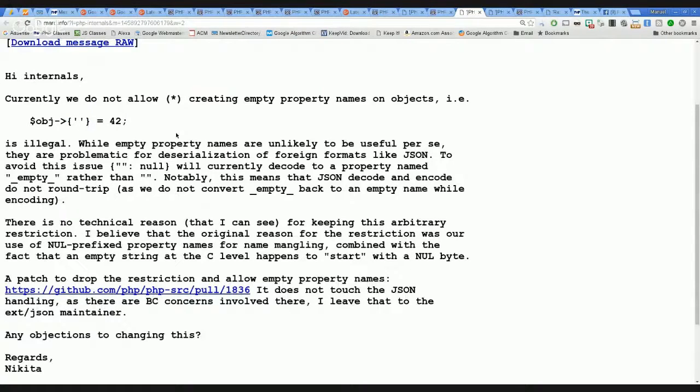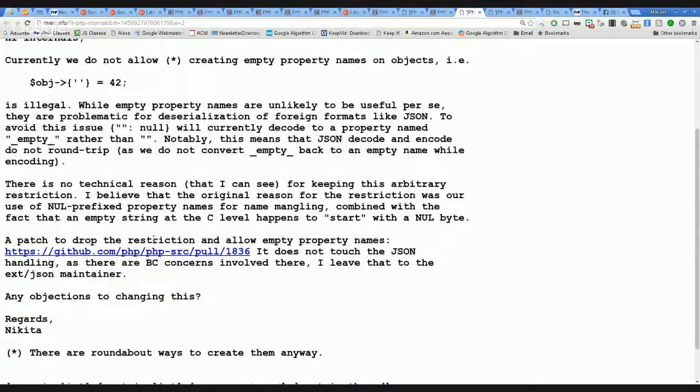So why was this brought up? Because nowadays many PHP applications decode JSON objects, and JSON objects can have empty property names. If you try to decode one of those objects, I think it will throw some exception or a fatal error or something.